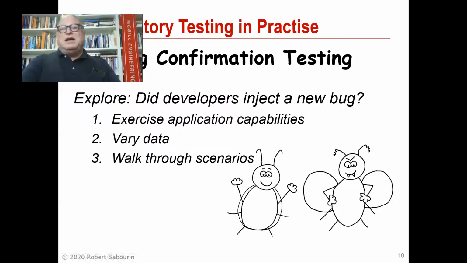We want to also check, did the developers inject a new bug? So here now we're going to exercise capabilities of the application by changing the data and walking through different scenarios. A scenario would be, what would a user be typically doing, and walk through that, and walk through that, and walk through that with different data every time to make sure that we didn't inject a new bug. This, of course, doesn't guarantee we're going to find it, but it helps us gain confidence that the fix didn't